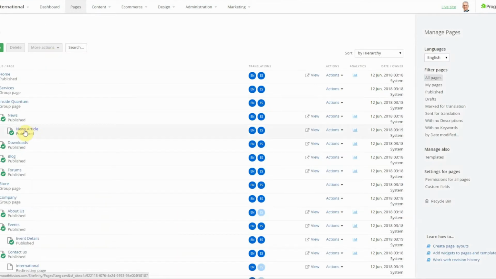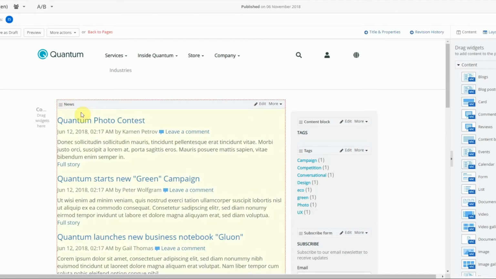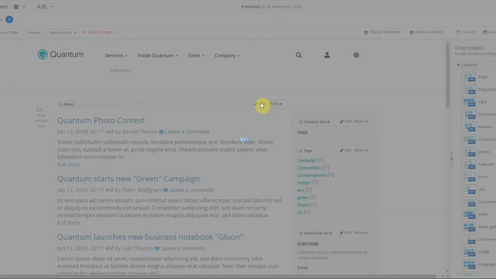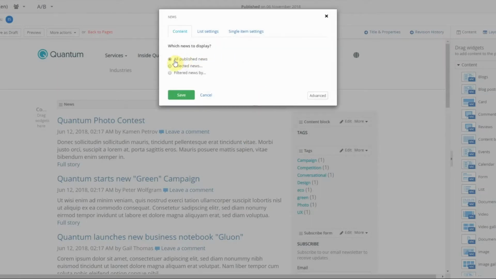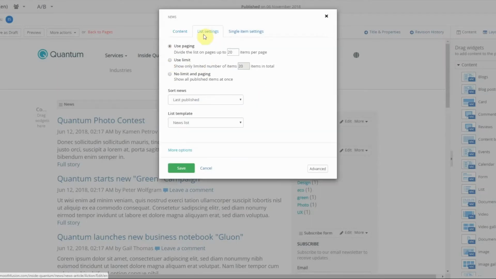Go into your news article page, which if you haven't set up, you will need to set up, or if it's already set up, you add your news widget to this page again. You will also do all published news items and list settings, and you choose the template that you want to use.